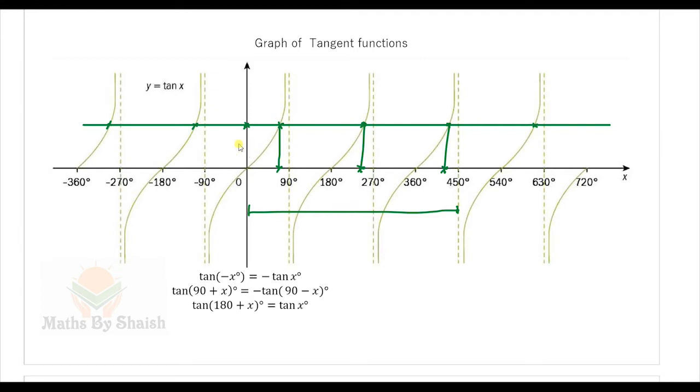And how to decide it, you will get it from the third one only, because the first two are just the property that tan of minus x is minus tan x, which we will be using. Tan of 90 plus x and minus times tan of 90 minus x are always going to be the same. So the third property is the periodic property, because it is 180 plus. In the tangent, the period of tan is 180 degrees. So tan of 180 plus x is tan x.